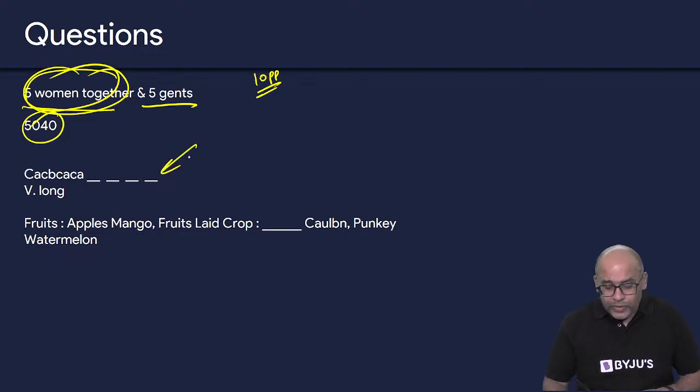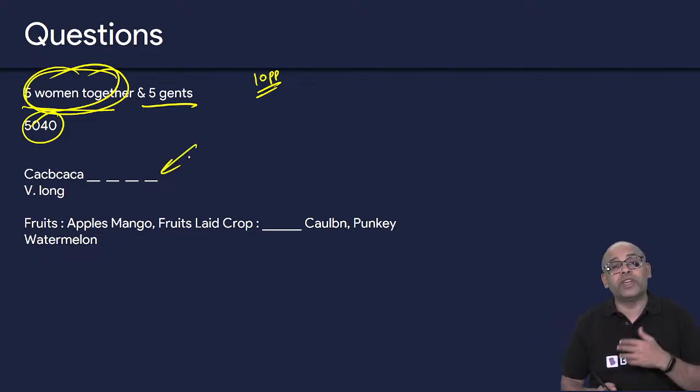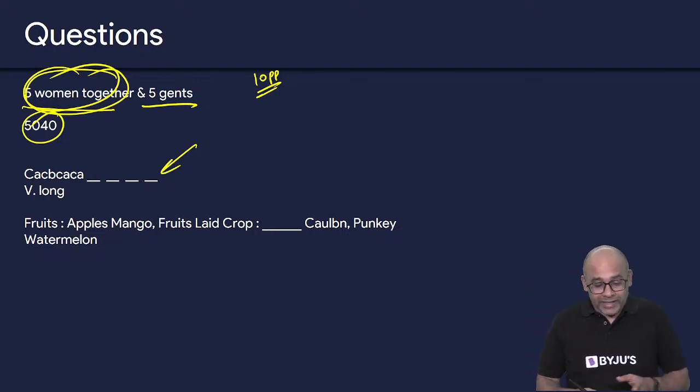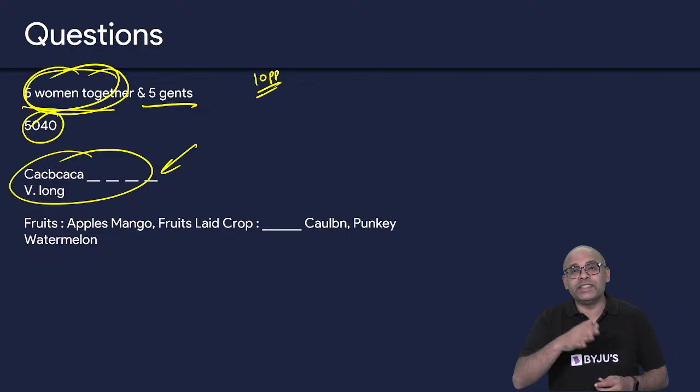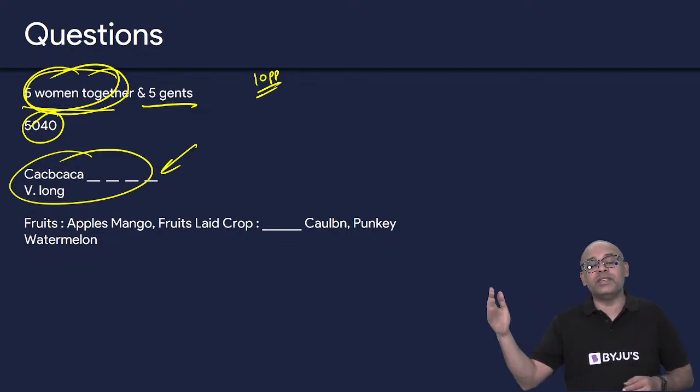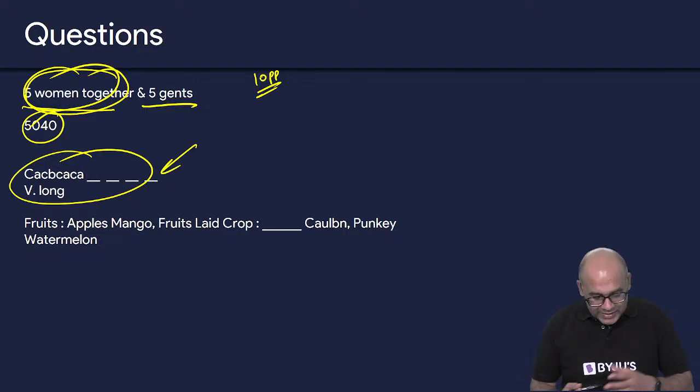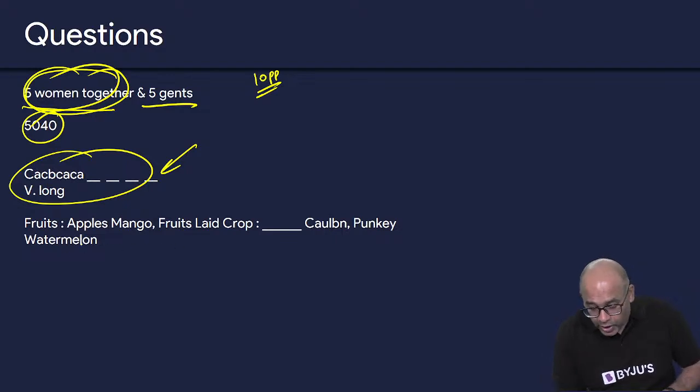Then there's a very long question. I don't remember the answer to this because it was very long for me to even note it down. But yes, this was one question. It was a series. You have to identify CA, CA, CA, CB, CB, CB, CA, CB. It's a very, very lengthy question. Let's leave that. Then there was another analogy question. Fruits.